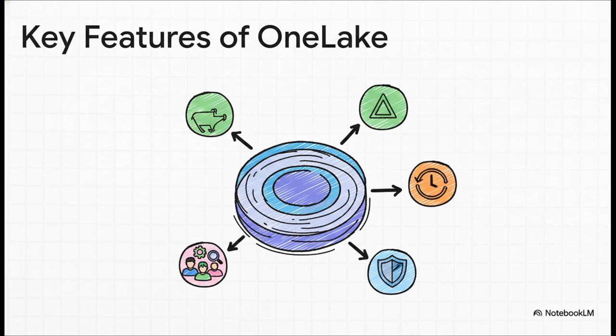But don't let that simple concept fool you, because under the hood, OneLake is an absolute powerhouse. It's built on the open Delta format, which gives you rock-solid reliability. We're talking ACID transactions on your data lake. You get incredible features like versioning and time travel built right in. So if something goes wrong, you can just roll back your data. And here's the kicker. Everyone can access that same data, whether you're a data engineer using Spark or a business analyst in Excel, all under one unified security model.